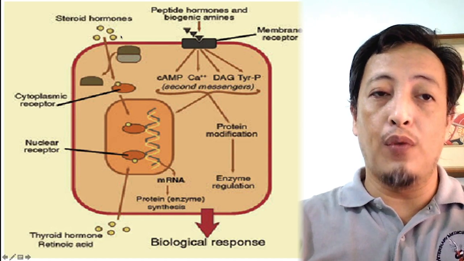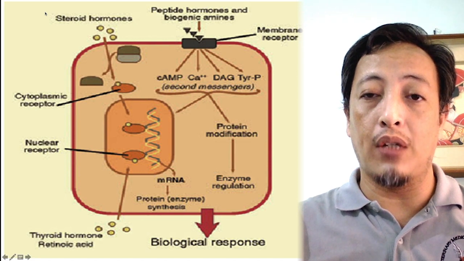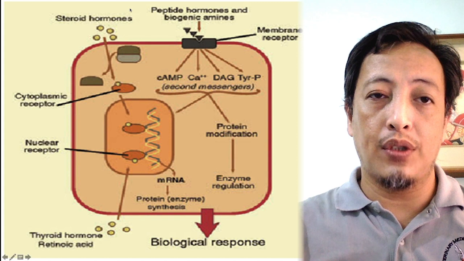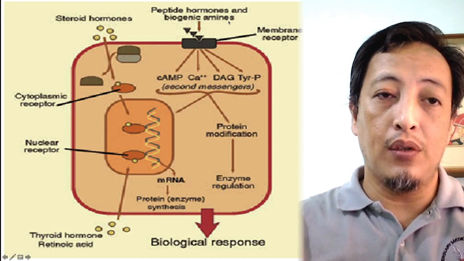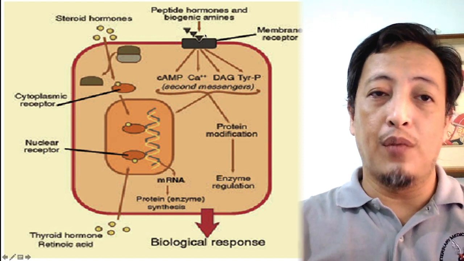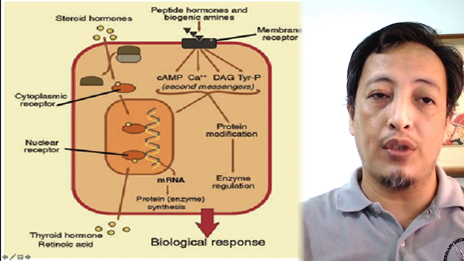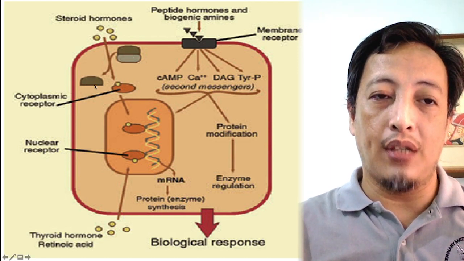Okay, so this next diagram is actually a simple diagram which shows how hormones exert its effect, or so mechanism of action, so to produce a biological response. Okay, so as you can see here, example like steroid hormones, and we also have the non-fat soluble hormones like peptide hormones and biogenic amines. Okay, note nyo na agad kung saan yung location ng receptors. You can see peptide hormones and biogenic amines have their receptors embedded in the plasma membrane, where steroid hormones nasa loob, so cytoplasmic, and meron din silang nuclear receptors.